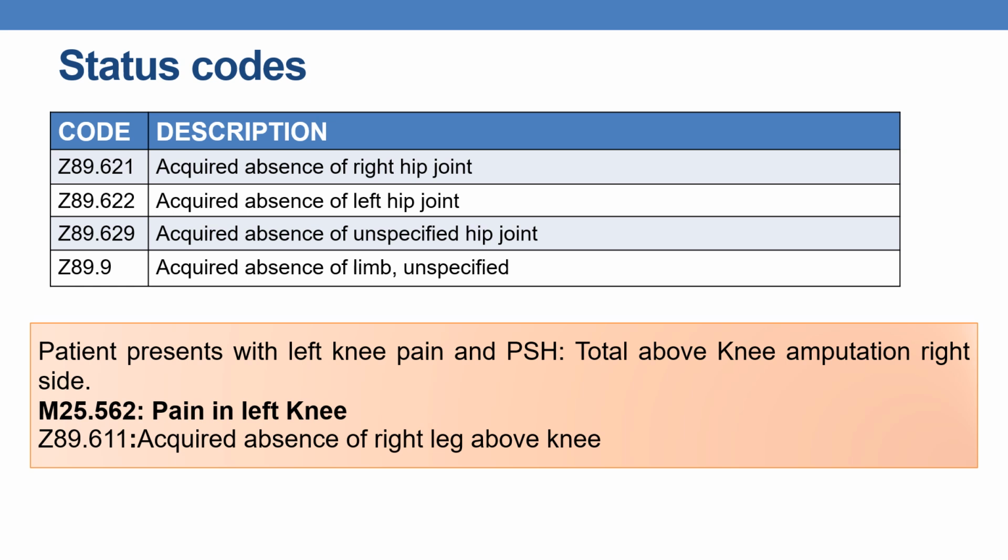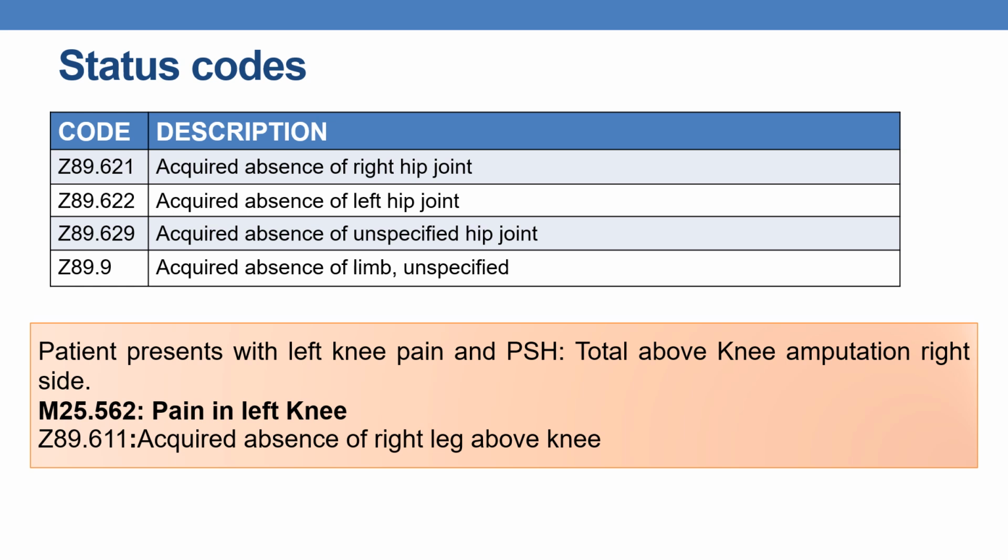Now, let us see an example. Patient presents with left knee pain and the past surgical history indicates total above knee amputation, right side. So, patient had a total above knee amputation and currently patient is presenting with left knee pain. So, first PDX would be